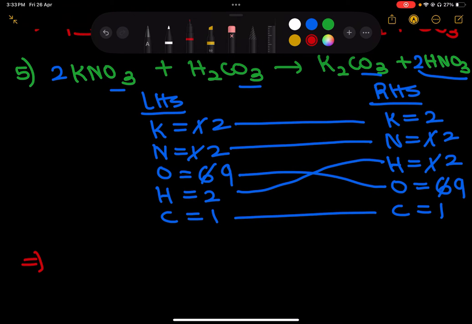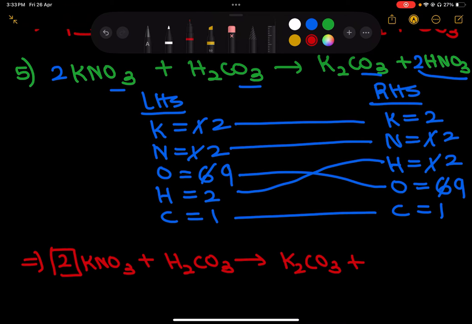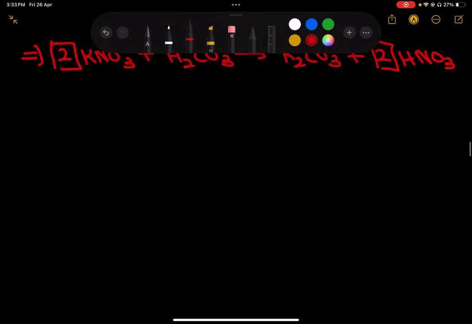So we can write it down here. So we get 2 KNO3 plus H2CO3 gives K2CO3 plus 2 HNO3. Simple enough. Okay, moving on. The sixth one,